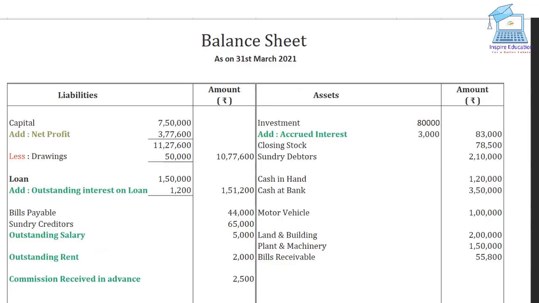There is a capital of 7,50,000, and with that we have added the net profit 3,70,600, and in the question there is drawings of rupees 50,000. So we have deducted the drawings, and total capital comes at 10,77,600. And then,